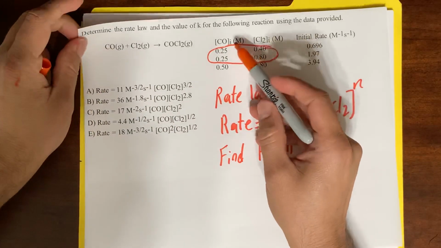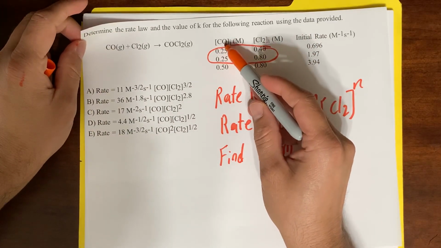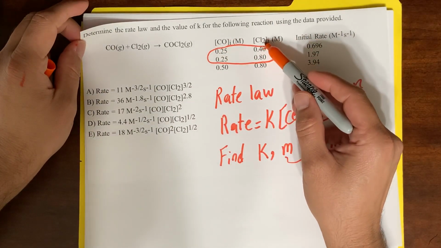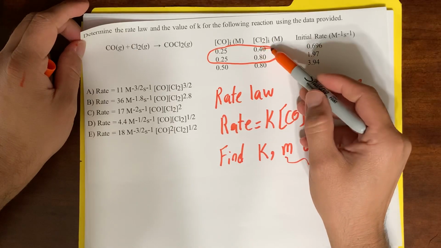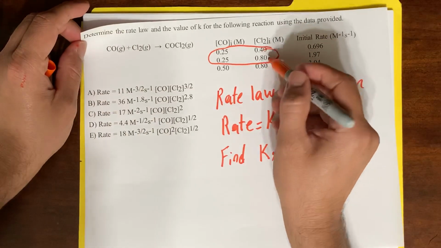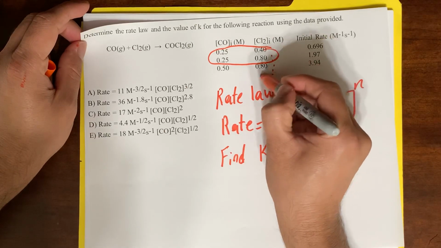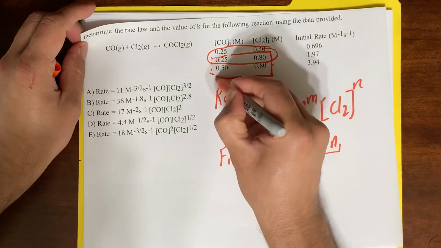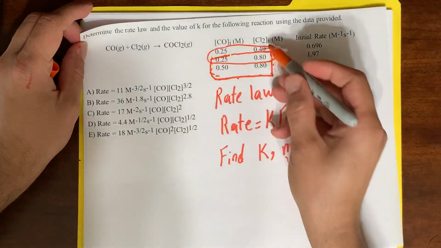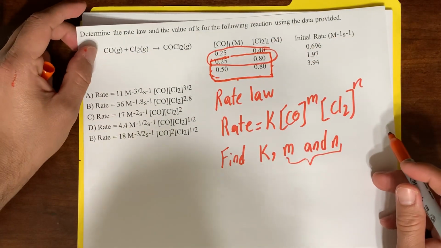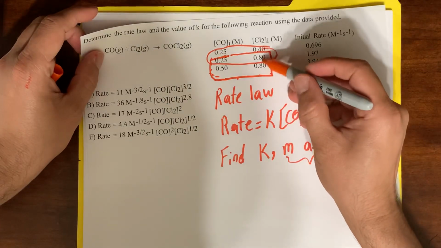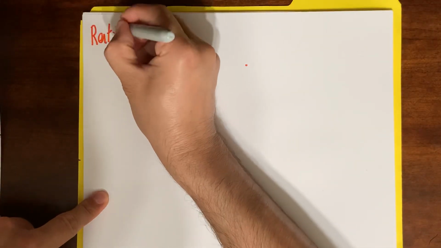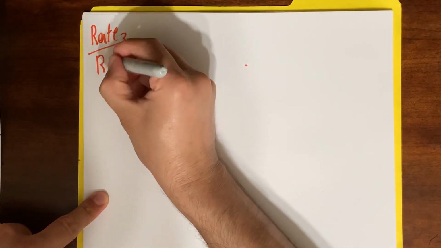You want to get m, the exponent for CO, then eliminate the Cl2. Go with the second and third reactions. So this time I go with these two. I want to cancel the Cl2, so I need to keep its concentration the same. So we go rate of third reaction over second reaction